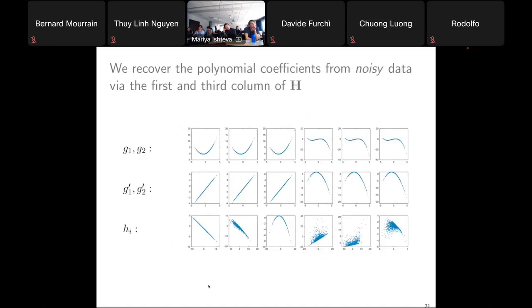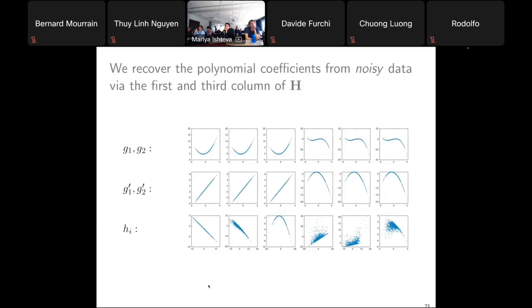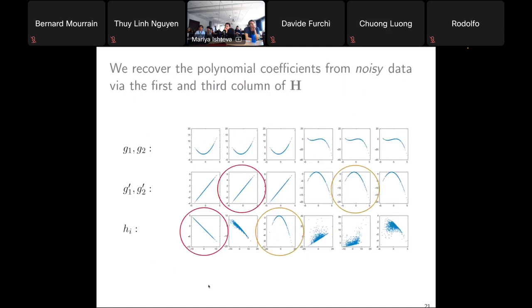Yes, because these are the ones that are mixed together. So you have the green ones, they are mixed together. The blue ones are also mixed together. And this is something that you can see here. With this form, these are the greens and the blue ones, and they're mixed together, you cannot trust them. But the ones that are the orange and red, I didn't put the full matrix, but it's the first and the third column that were the good ones. And they correspond to the second and the fifth column of the original one. So if we go look at the second and fifth, you can match them with the first and the third